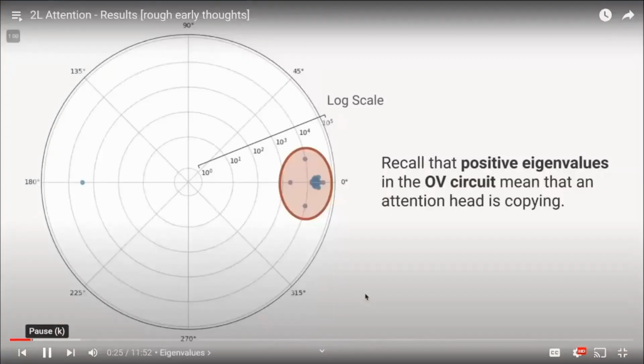Now, if you watched our previous video on eigenvalue analysis, you'll remember that eigenvalues are a nice way to summarize the behavior of attention heads without having to look at them very closely. And in particular, positive eigenvalues for an OV circuit, for the output value circuit, mean that an attention head wants to increase